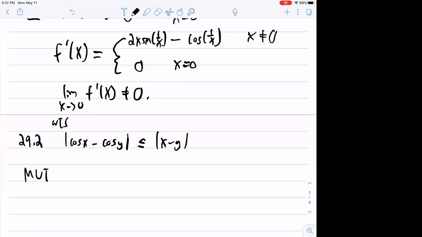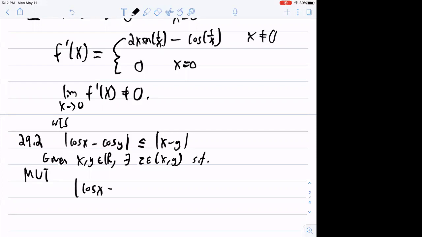MVT says, given x, y in R, there exists z in x, y. So, without loss of generality, I'll write x smaller than y, yeah? Okay, so there exists z such that what? Cosine of x minus cosine of y over x minus y is